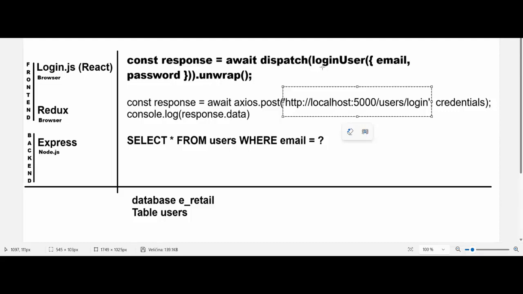with database. Again, login, front end, sends to Redux, to thunk, login user thunk, sends email and password. Login user thunk communicates with Express with the Hypertext Transfer Protocol, sends request to Express, and Express sends SQL query to database, response object comes from database to Express, response object goes to Redux,